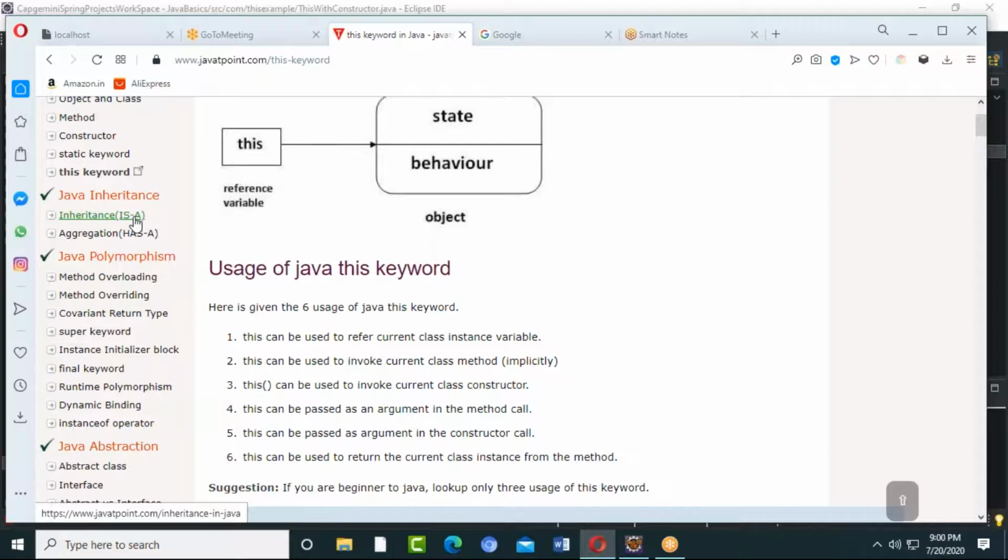Is there no other way to get the behavior or functionality of the other class? What do you think, Jyoti? Gayatri? Only two ways, multi-level and single level? If I create an object, can't I get the functionality of the other class?